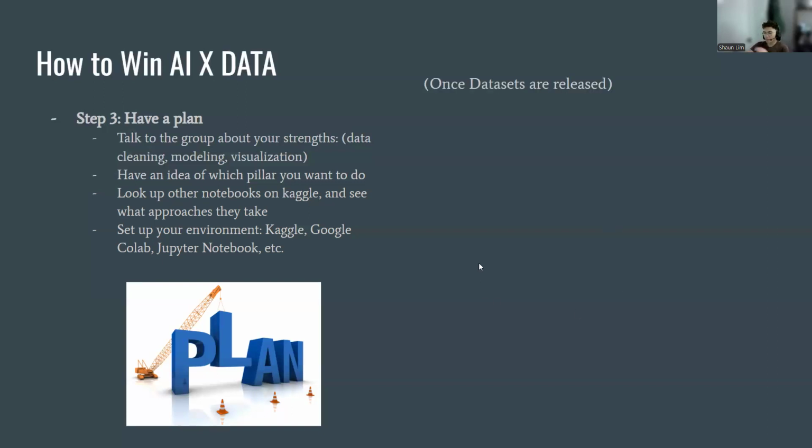Okay? So this planning stuff was supposed to be done before all the data sets have been released. Now that they're released, this is when you start actually coding, and this is what you should do. So during the Datathon, read and understand the overview of the competition. Once we give you the data sets, there's going to be an overview section, and it's going to explain in pretty good detail what the data set's going to be on, as well as what your goal is, what the submission type is, and all stuff like that.